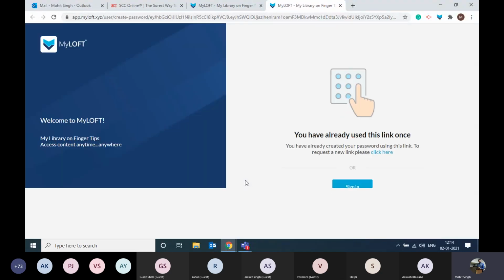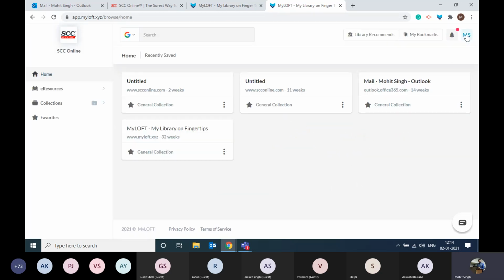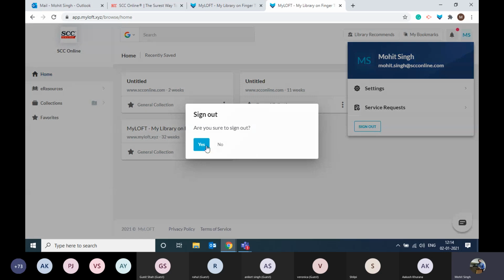Please keep in mind, आप ये जो process कर रहे हैं, the process which you are trying to do over here in order to log in, इस process को I recommend you do it on Google Chrome. If you have a Google Chrome browser on your laptop or any other machine which you're working from, then please do it via Google Chrome. All right. So I've already used this link before, so that is why it's showing me like that. So I need to click on sign in. Let me just log out first. Just a second.